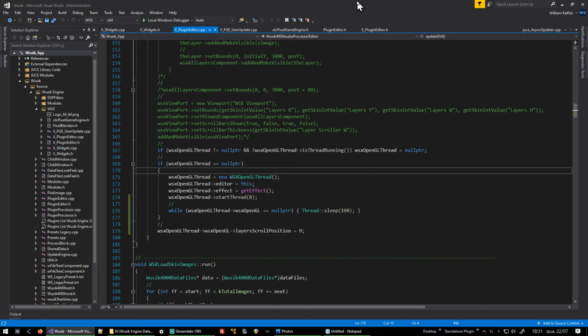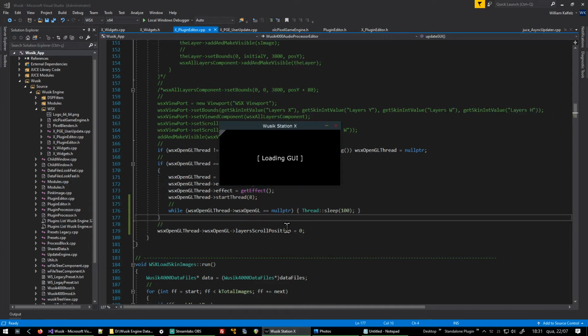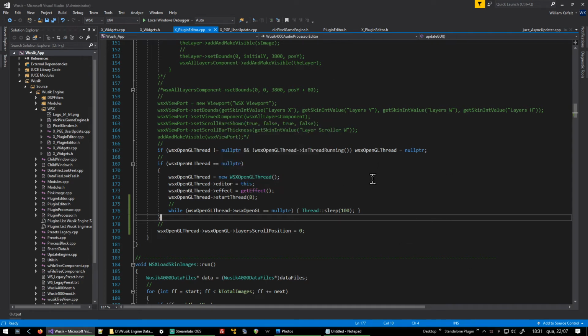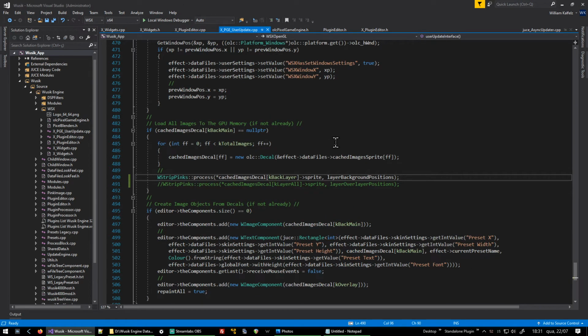Okay, that doesn't work. Yeah, there goes the black screen again. This is not my fault. I really don't know why this streaming software goes like that. I just want to be sure that before I do anything, all the OpenGL thread is finished. So it seems to be okay. And now I can start doing